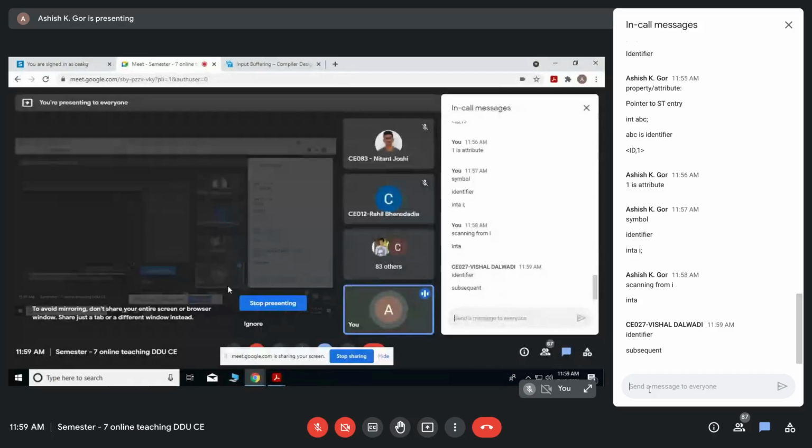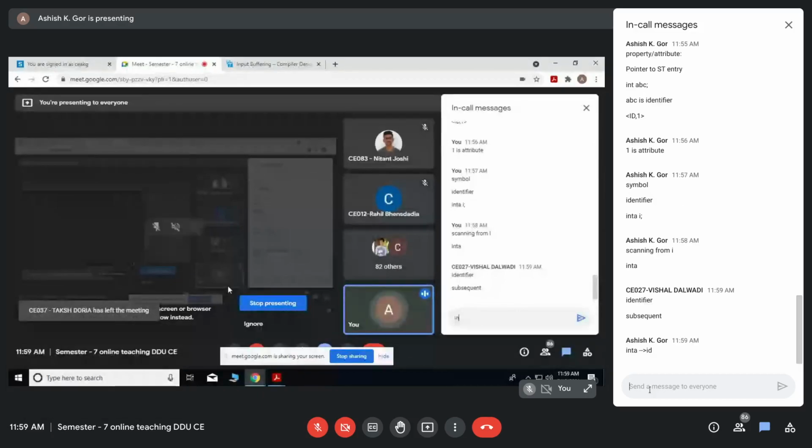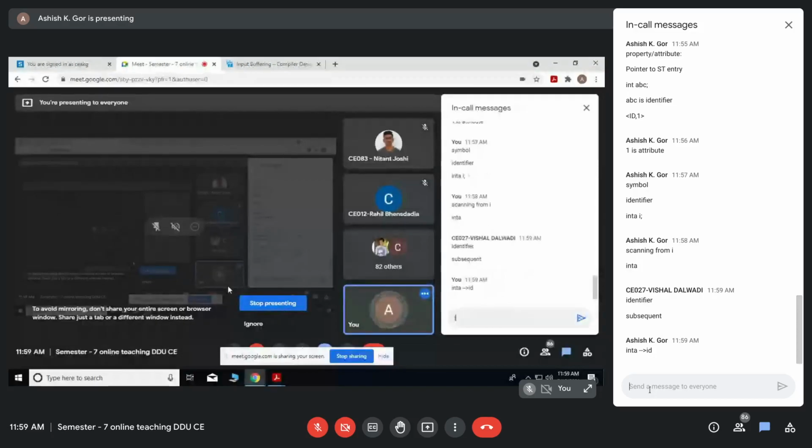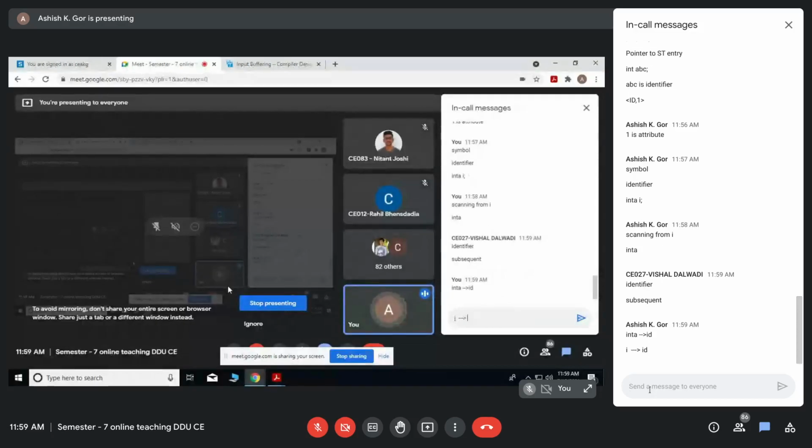So INTA for lexical analysis is just a variable name or an identifier. It will not be able to detect that "INTA space I" is not a valid thing. It will assign the token ID to INTA, and similarly for I it will assign the token ID. So both will be treated as identifiers.